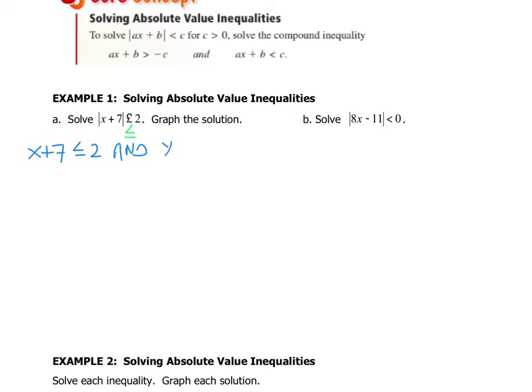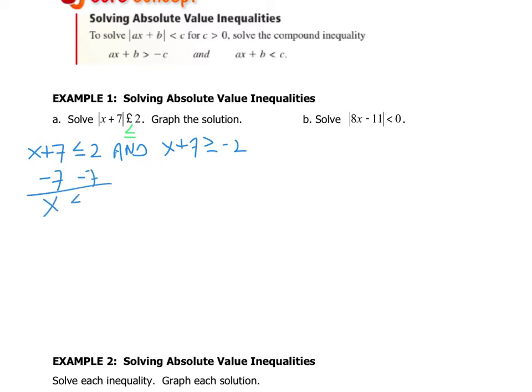Then we're going to take that same x plus 7, just like we did with the equations, to the negative 2. But one of the bigger differences here versus the equations is we're going to take that less than or equal to and also reverse it. So when we go to the negative, you have to also reverse your inequality symbol. We start out with a less than or equal to, it has to reverse to a greater than or equal to when I do the negative 2 for that next statement. Once we have this, then we're just solving. So then I would subtract 7,